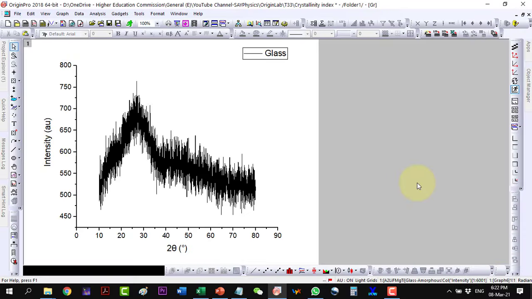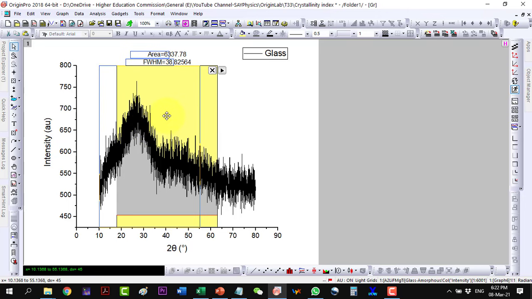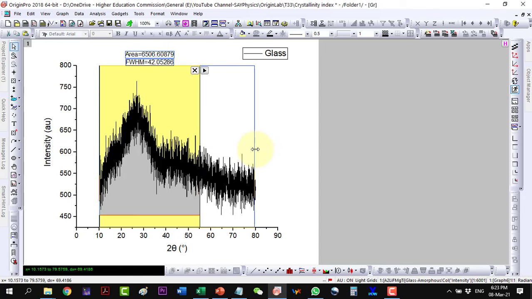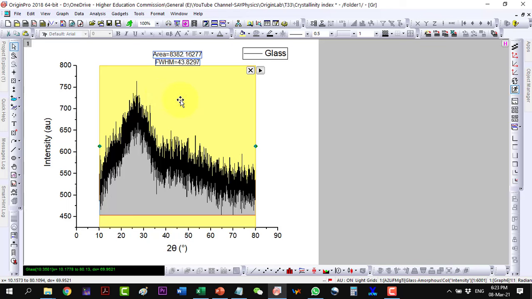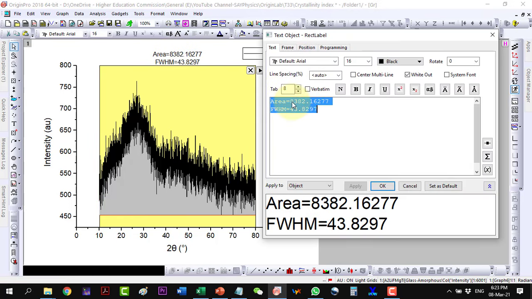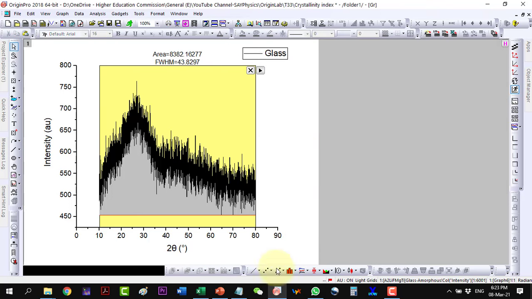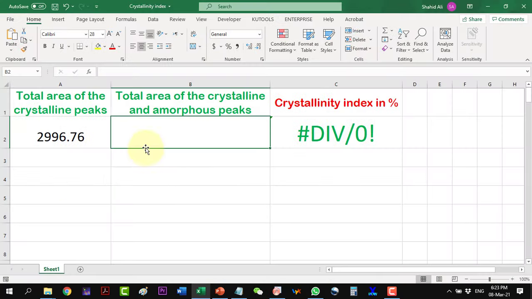And now I will have to drag it to both the ends. And here it is, and the total area comes out to be 8382. So I will copy this data and go to the Excel template, and here I will paste in the total area.